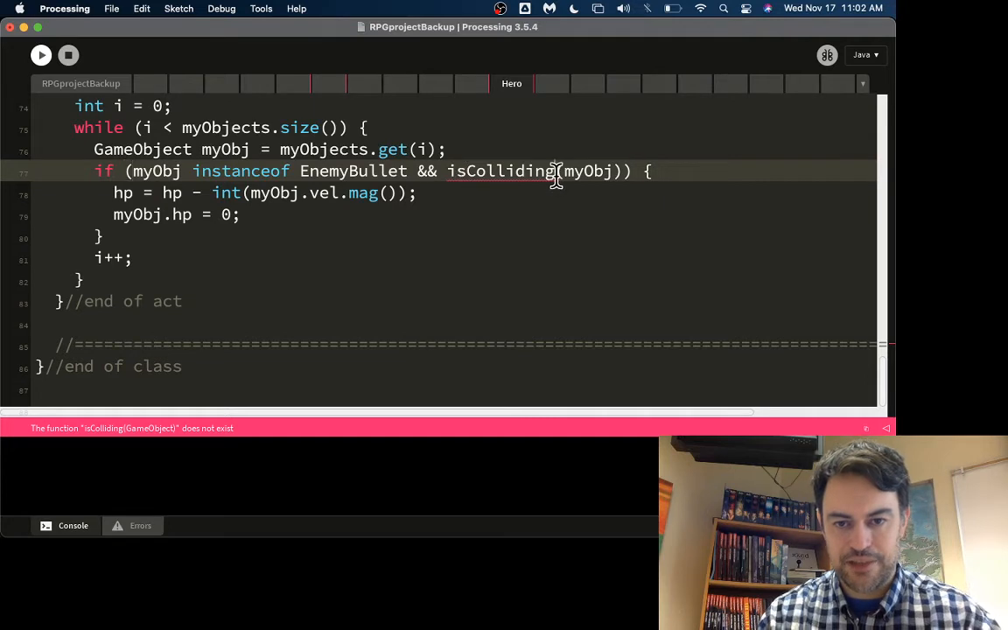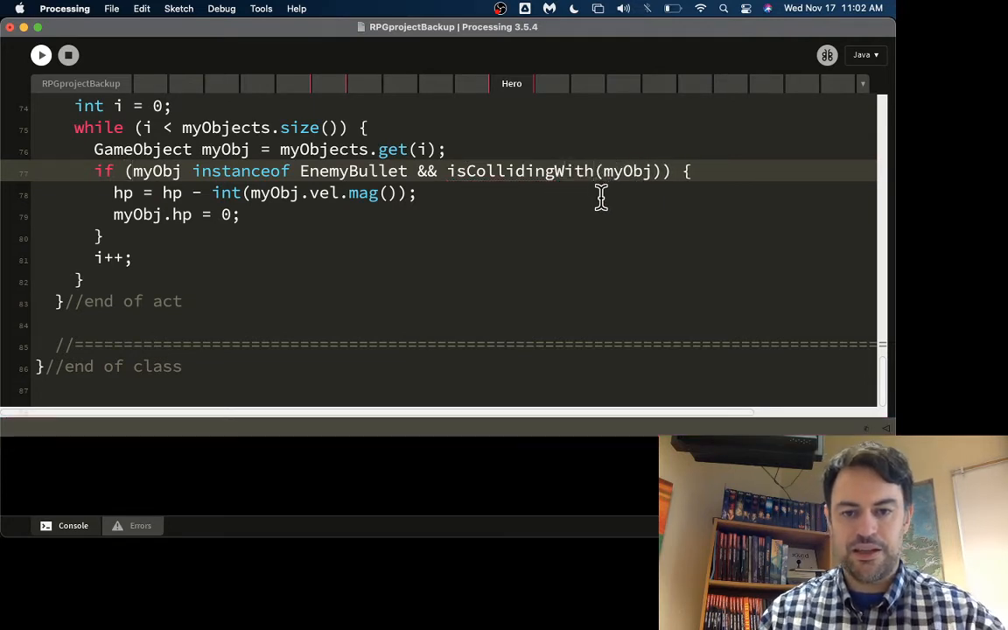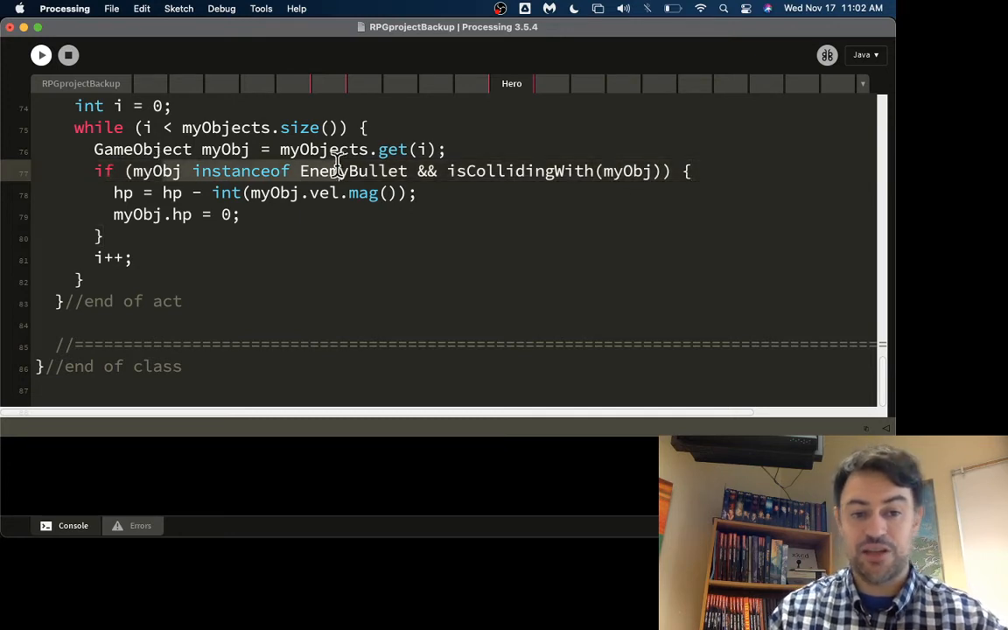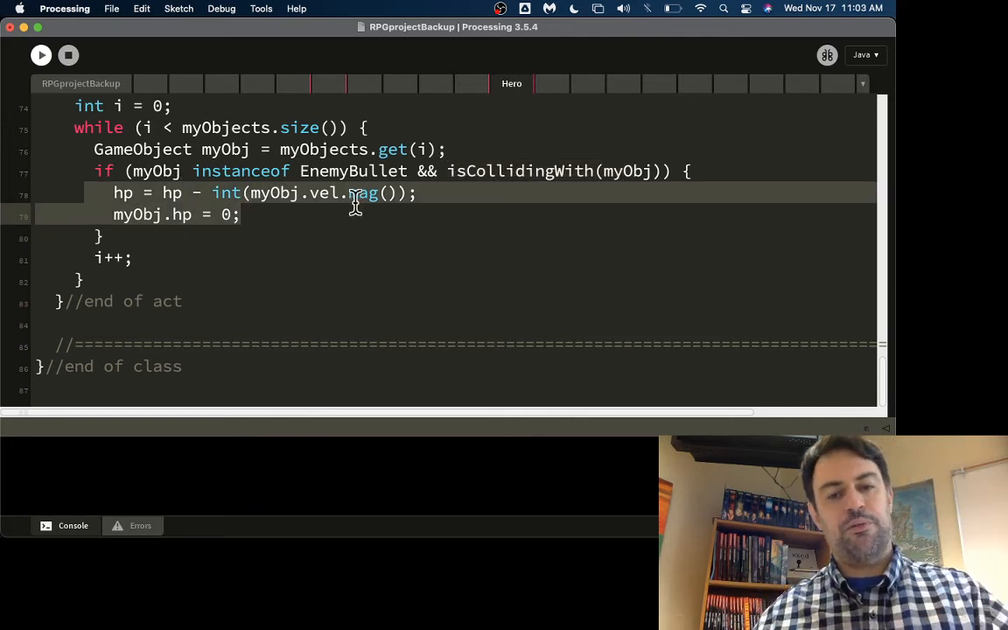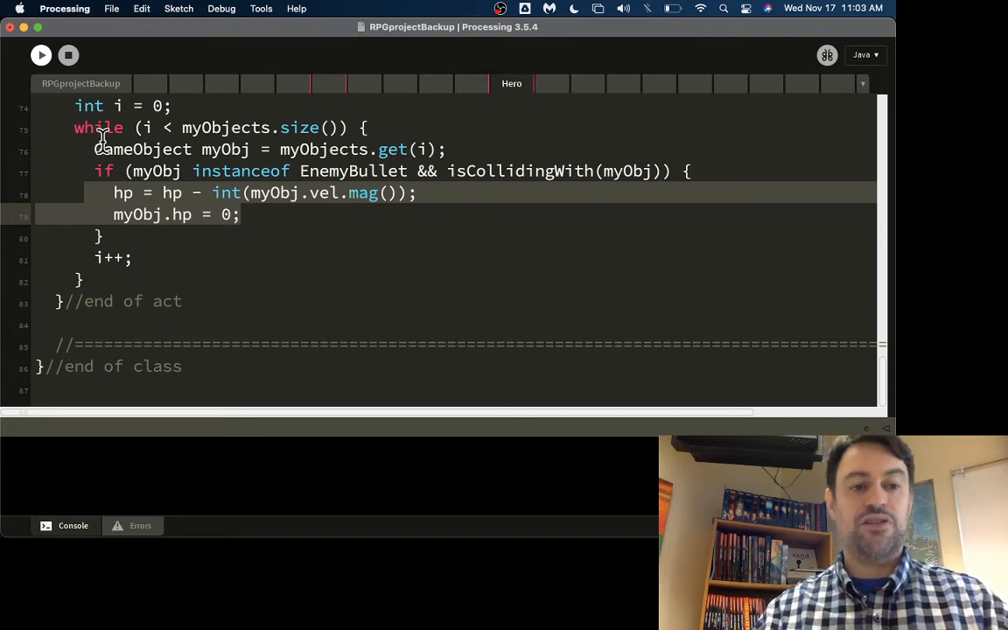Is colliding with. Sorry, I named it wrong. There we go. So now I have just a single if statement to say, hey, is this object an enemy bullet and is it colliding with me? Then I will take damage. So I've basically taken those if statements and put them in another function so that this while loop can